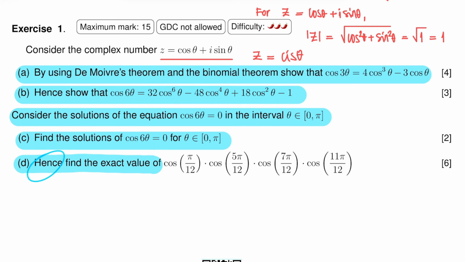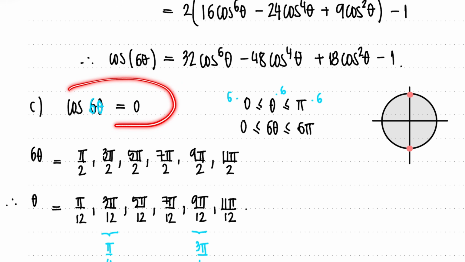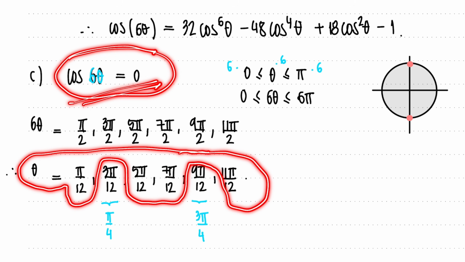which is the original interval. Now, moving to the last question, which is question D. Find the exact value of cosine of pi over 12 times cosine of 5 pi over 12 times cosine of 7 pi over 12 times cosine of 11 pi over 12. It is no coincidence that the angles, the arcs that show up here, are the same ones that showed up in the previous answer. The solutions for cosine of 6 theta equals 0 are these arcs with the addition of these other two, 3 pi over 12 and 9 pi over 12, which by the way are pi over 4